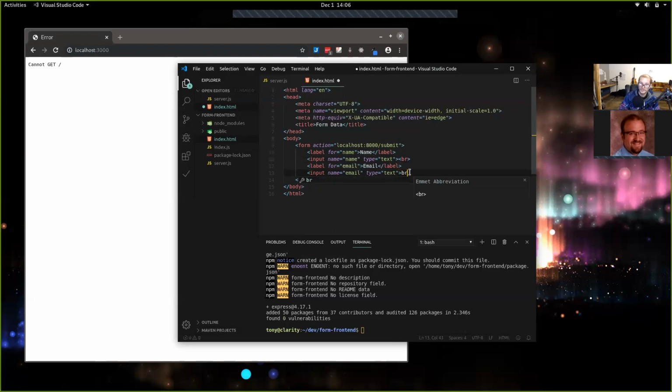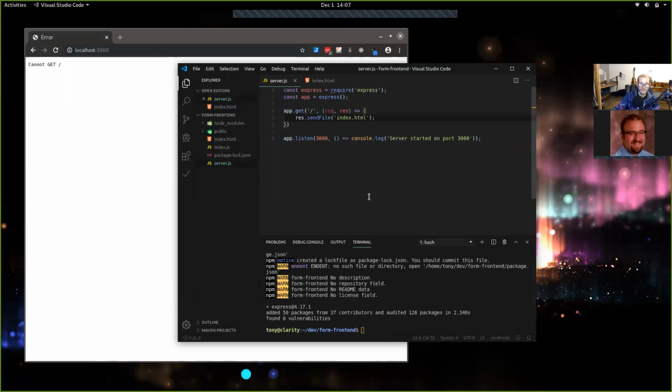And then, of course, the last thing we need for the form, we need a submit button. So I'll go down here to button submit. Type submit, and we'll put in just some text that says submit. And now we just need to start our server. So we wrote this right here, and the way we wrote it, it should send the index.html file when we go to the root directory of localhost 3000. And let's do that. So node